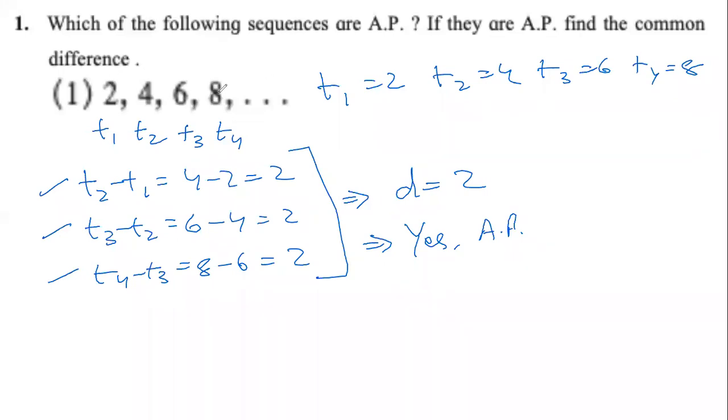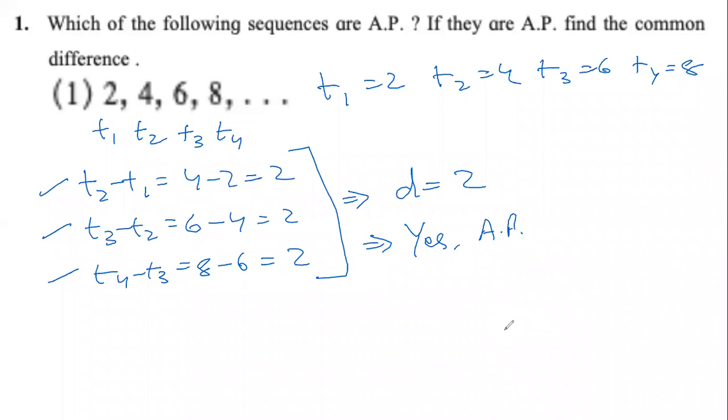When there are 4 terms, or however many terms there are, try to show all the differences. That is the right way. There are only 4 terms here, so it doesn't take much time to show all 3 differences, and that is what we will do. This proves that yes, the difference is the same between the consecutive terms.